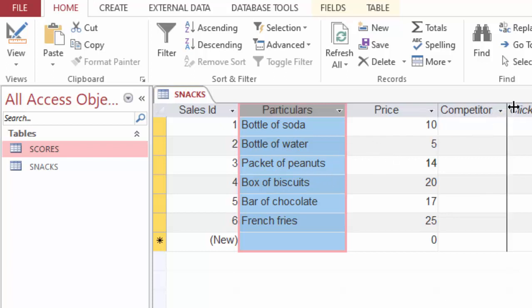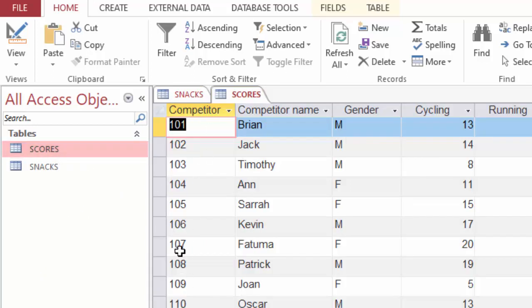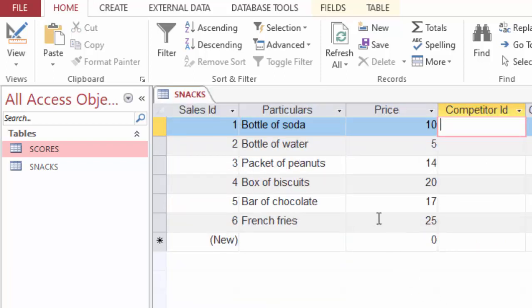So I will go ahead and add here the competitor ID to show who took what. And this competitor ID, remember, is also available in the scores table. When I open this scores table, you can see competitors have IDs. And we are going to use the IDs of competitors to link them to whatever they picked from maybe the canteen during the competition. So the person who took bottle of soda should be 109,